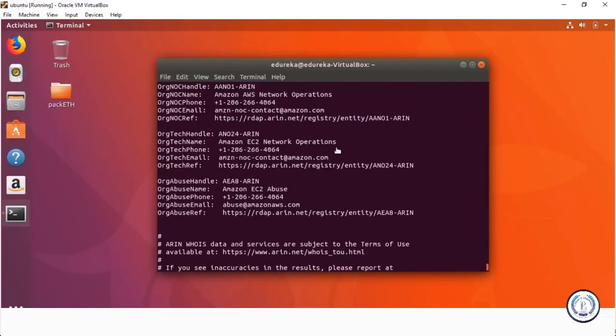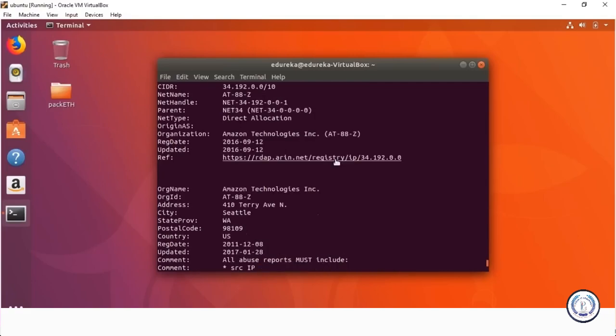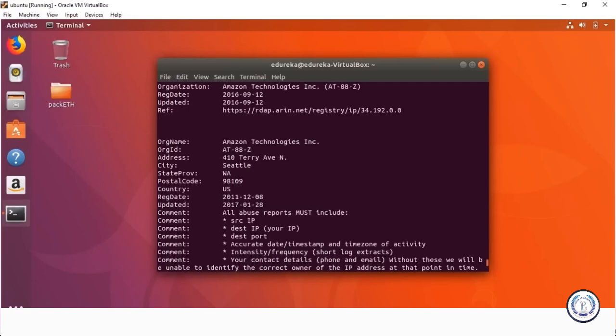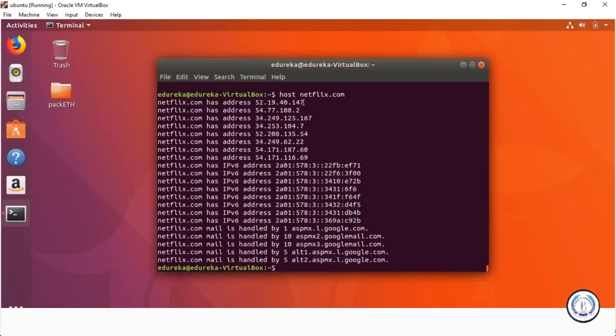Now, this doesn't seem to have a very big network range, but unlike something like Netflix, so suppose we were to do something like host netflix.com and see. Now we have a bunch of IP addresses. So suppose we were to do whois, let's see, whois